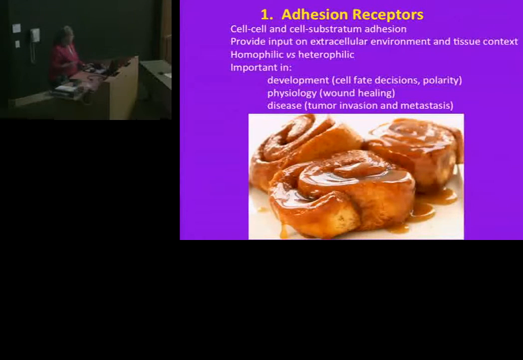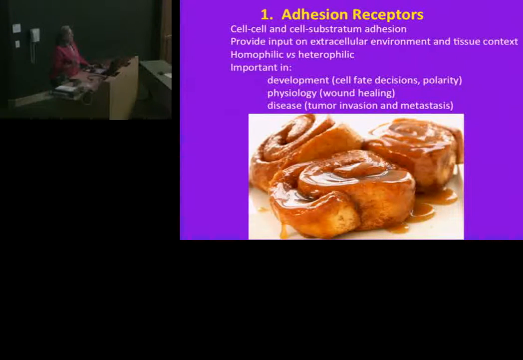So this is a good way, I think, to think about adhesion receptors. You've got a plate of sticky buns, and if you want to have one, it's stuck to its neighboring sticky buns, so it's stuck here, but it's also stuck to the plate. And the tumor cells are like sticky buns that you want to take one away, and you want to go somewhere else with it so that you can eat it in private. But there's a lot of things that are sticking them to each other and to the plate. Adhesion molecules are different also than sticky buns, so that the analogy ends somewhere, but they also provide